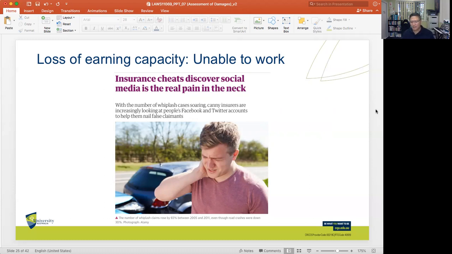And what then happens is that if this involves an insurance company as a defendant, the defendant insurance company will then hire private investigators to determine if the claim of a plaintiff that he could no longer work, he could no longer walk properly, he could no longer do this or that is true. And in some scenarios, it has been shown, for example, that somebody said, oh, I've got a back injury, I'm no longer able to move. Then it turns out that this particular plaintiff continues to play basketball. It's been in the news. Not only would that impact on the ability to claim damages, but also it can lead to fraud, which is a criminal offense.